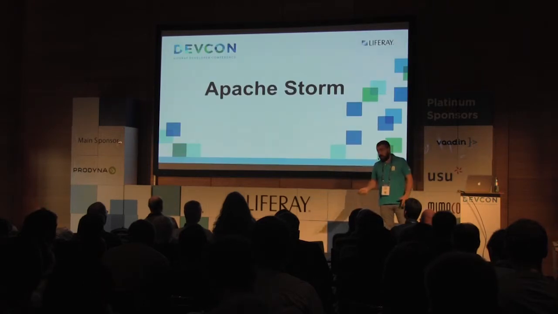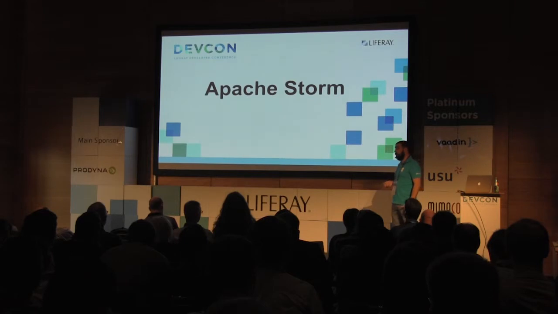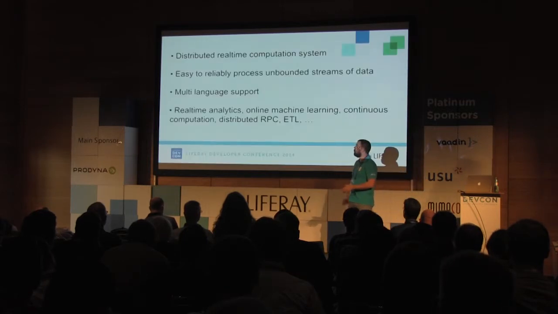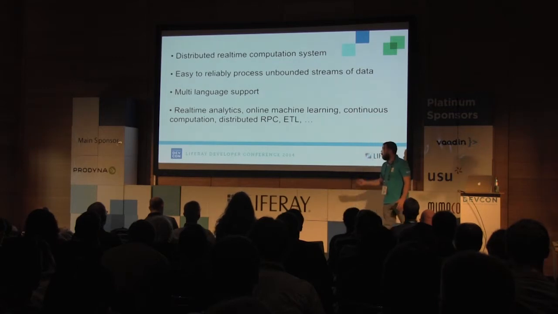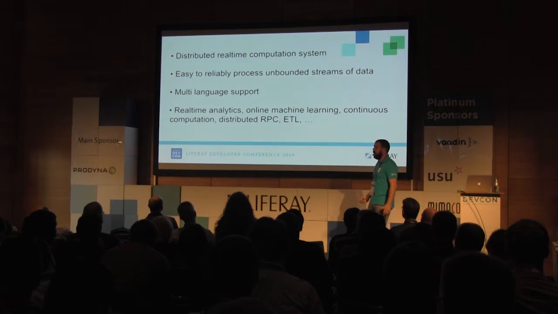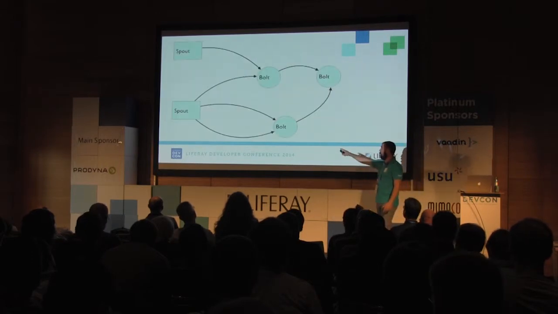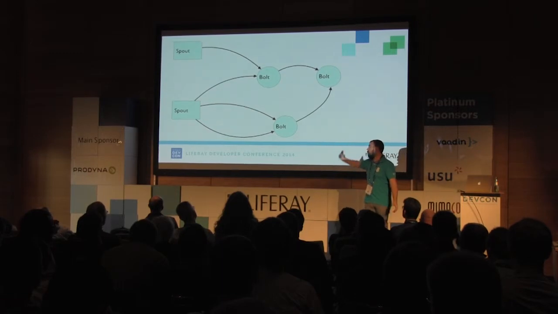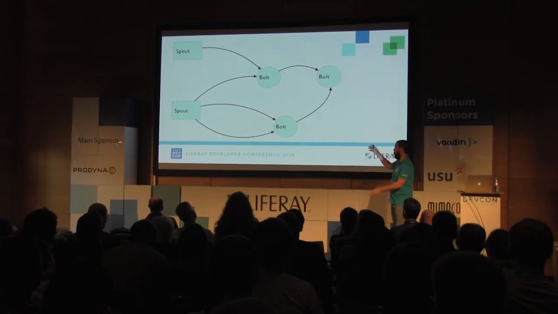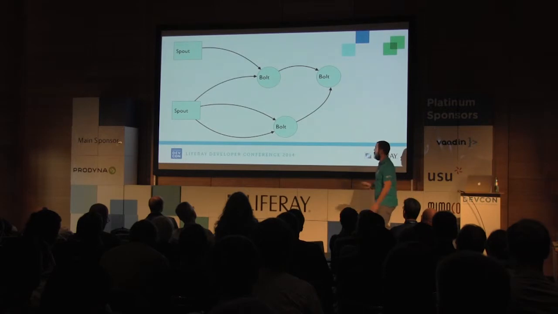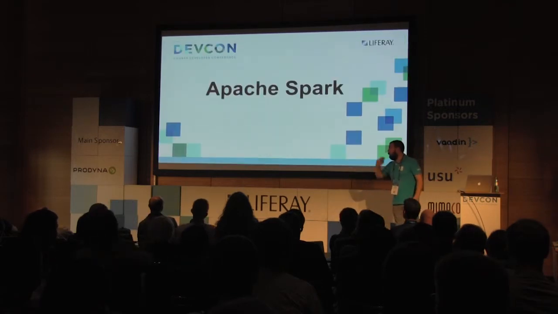Another alternative for computation is Apache Storm. It's another open source project which focuses on real time. It's really easy. You can do whatever you want. You can do real-time analysis, online machine learning, whatever. And it has 2 concepts, which are the spouts and the bolts. The spouts are no more than the data, and the bolts are the processing that you can do with them, and you can combine them whenever you want. This is another alternative. One more is Spark.